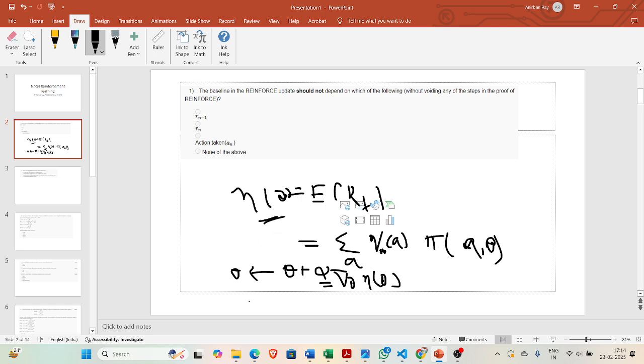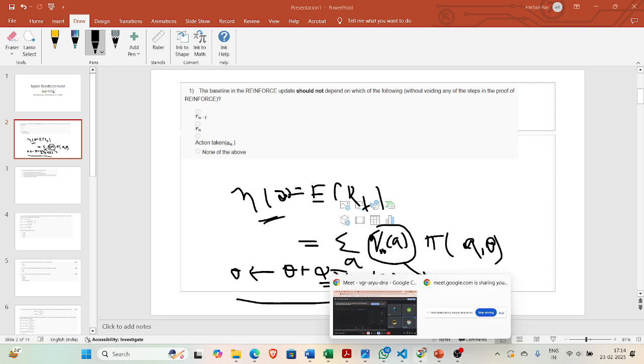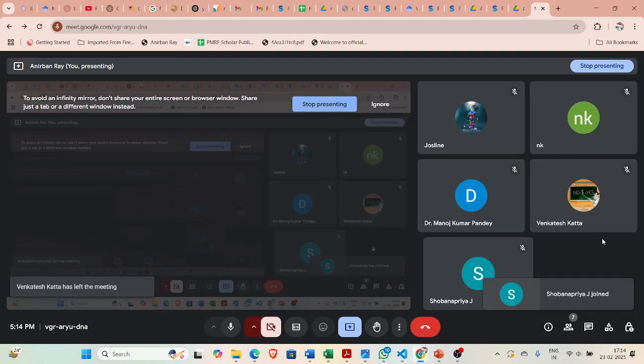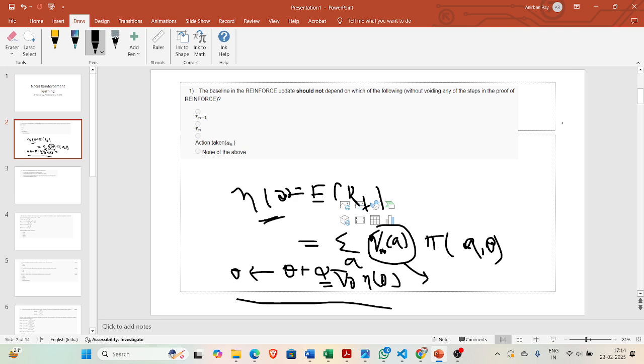But the problem is that we cannot have a deterministic formulation of this eta theta and use it for batch gradient ascent, because we do not know eta theta. One component of eta theta, that is q star a, is our actual real problem. We cannot solve this one. This is what we want, the true expected reward for each arm, that we need to calculate. So this cannot be solved in this algorithm. Batch formulation of this algorithm is not possible practically.